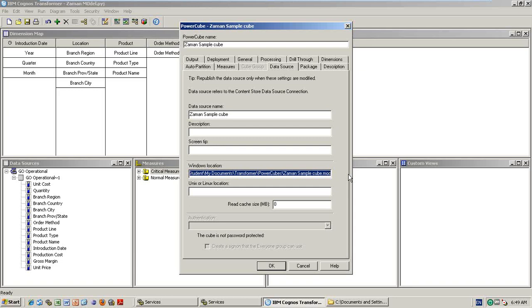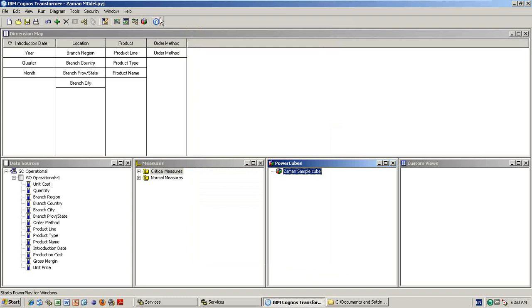I was doing the same thing, but when I tried to rebuild, when I right click on the cube and select create a cube, it showed me an error that the cube already exists and I could not go further. Maybe you already opened the cube and then you are trying to rebuild it. For example, if I open it for you, maybe there is no PowerPlay Studio, but you see now, click here.